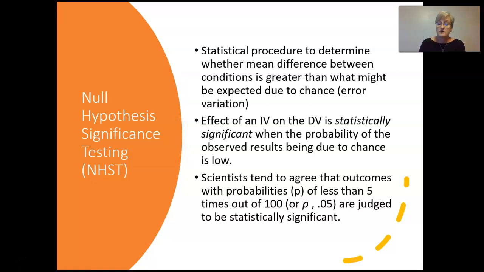So we tend to, as your authors put it, scientists tend to agree that outcomes with probabilities, or p's, of less than 5 times out of 100, and you're probably familiar with p equal to or less than 0.05 or p less than 0.05, are typically declared as statistically significant. And basically what that means is